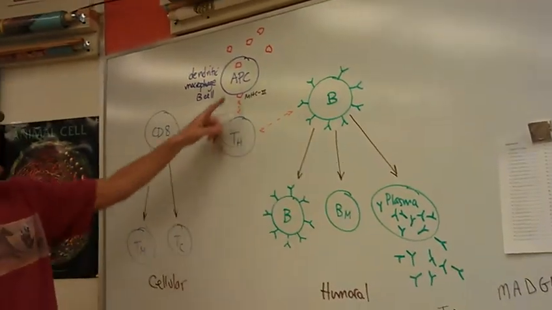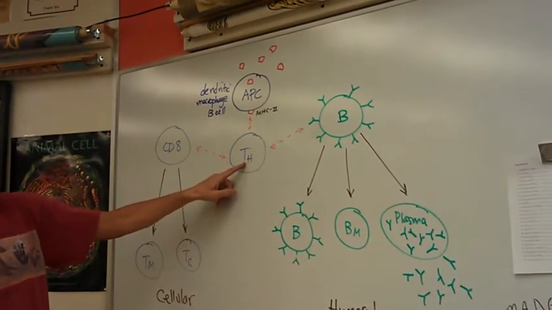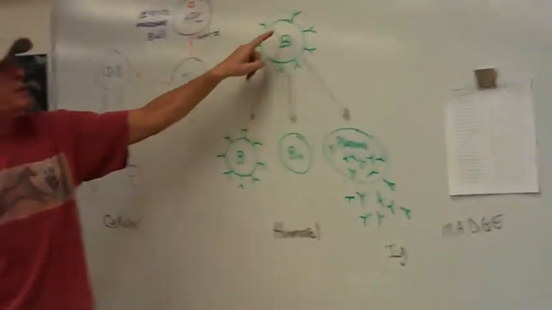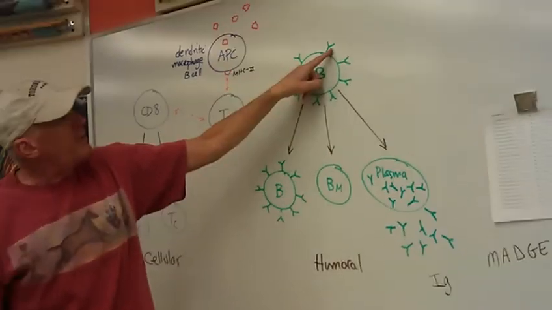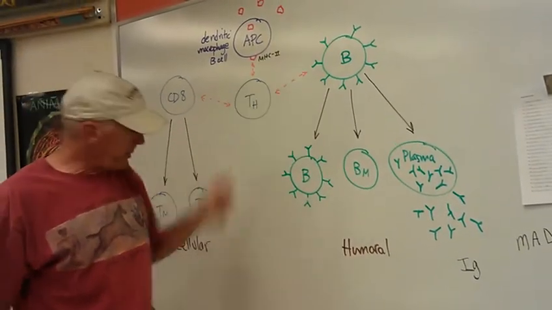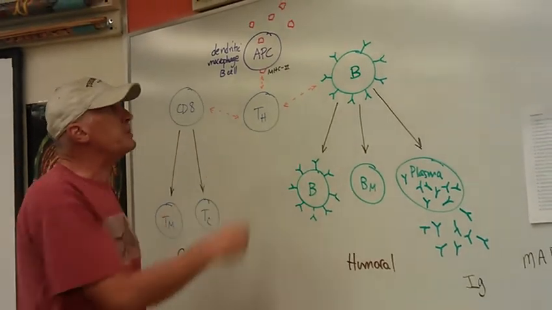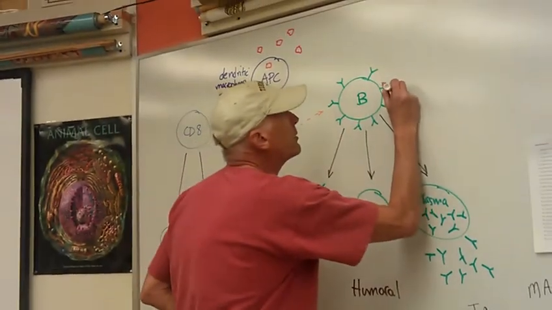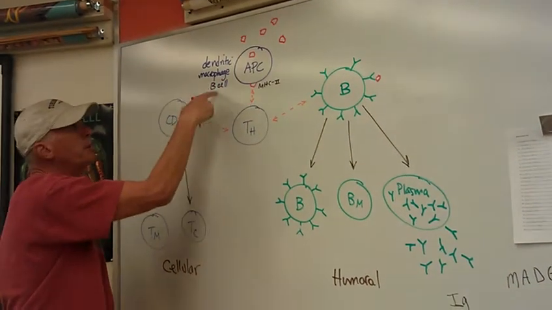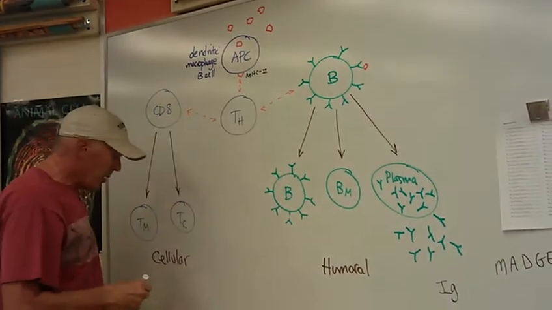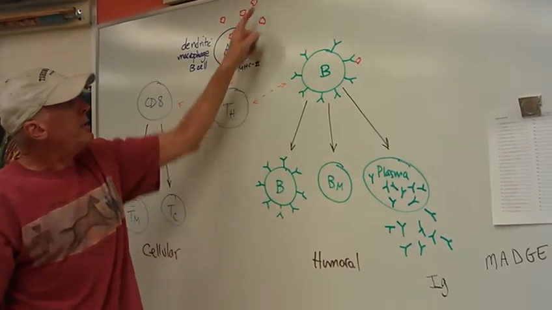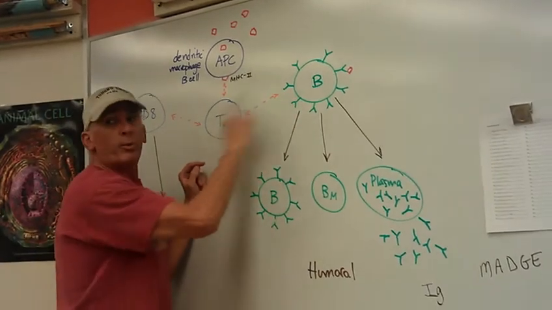So here, the T helper cell can also co-stimulate a B cell. And remember, the B cell has receptors, and they are for this particular antigen. This B cell could have been the original APC, because remember, B cells can be APCs. So this B cell has receptors for this specific antigen, and once it gets co-stimulated by the helper T cell,